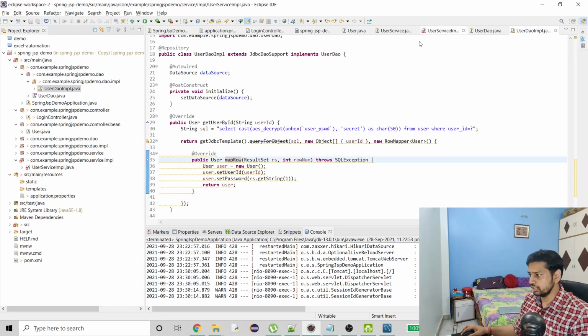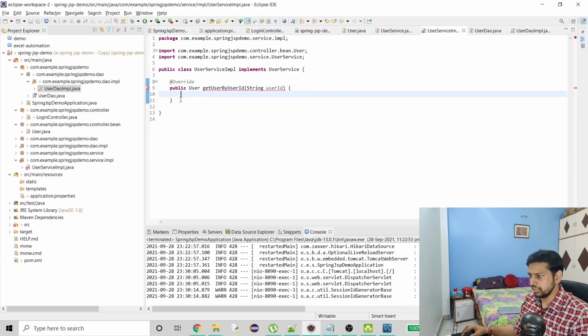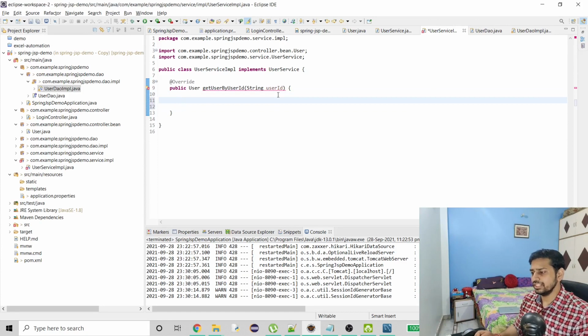Now let's come down to our service implementation. Like I said, the DAO layer is going to be the most important, the center point of view, but that doesn't mean the service layer is not needed. The service layer is what we are going to refer to, and the service layer is going to refer to the user DAO. So we are not directly going to hit the user DAO, but through the user service we are going to hit the user DAO, right? Again, to provide more loose coupling.